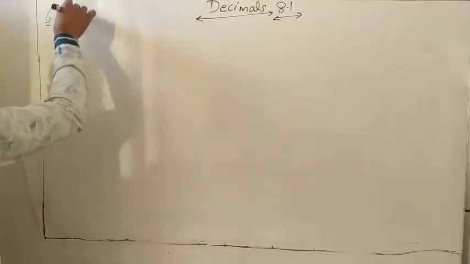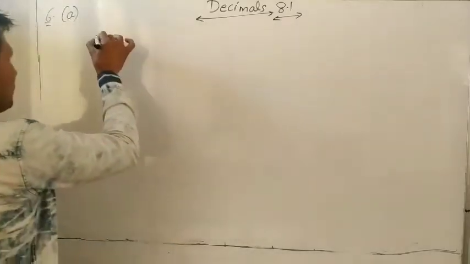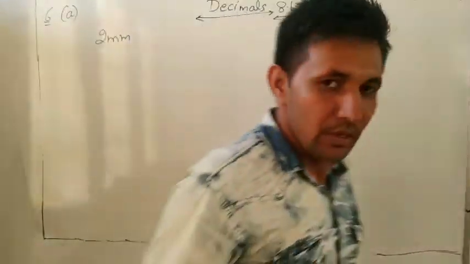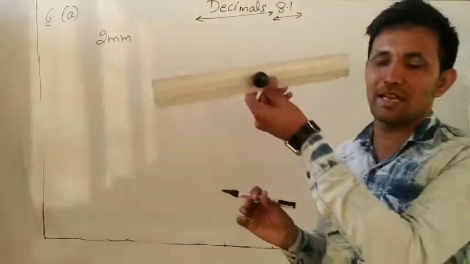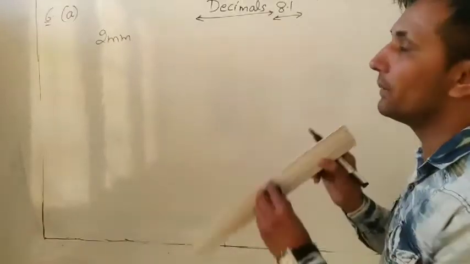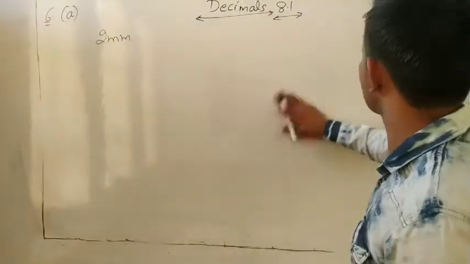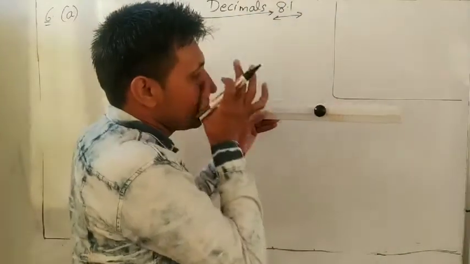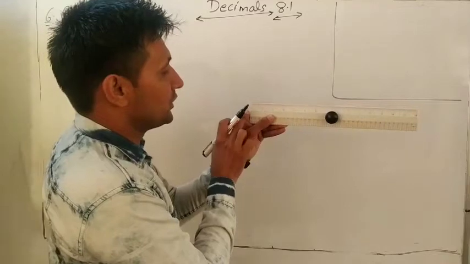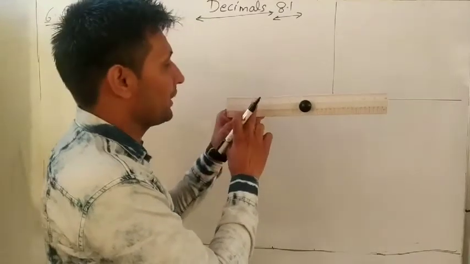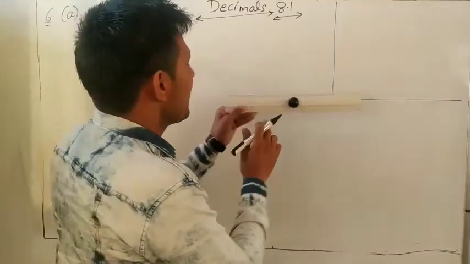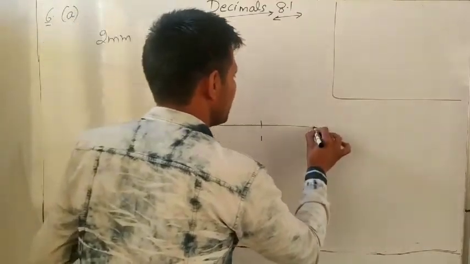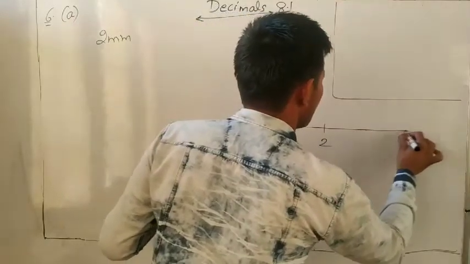We have to express in centimeter whose 2 mm. Everyone knows whenever we use a scale, this scale is always in centimeter. So how will we change? Look at. So always remember, in a scale, our scale is given in centimeter. 0, 1 centimeter, 2 centimeter, 3 centimeter, 4 centimeter. And everyone knows it is 0, it is 1, it is our scale, okay? It is 2 and it is 3.